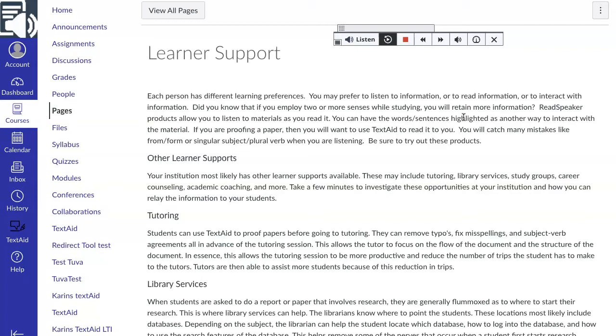Students sometimes will choose to use one voice for one subject and another voice for a different subject. They may choose the voice based on the gender of the instructor. A male for a male instructor and a female for a female instructor. They may choose it as a subject area, like all their sciences, they want one gender, and all their liberal arts, they want a different gender. They may choose it just because they like that particular voice. So there's lots of things that could cause them to choose voice.